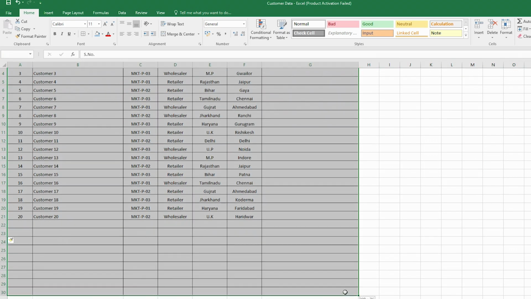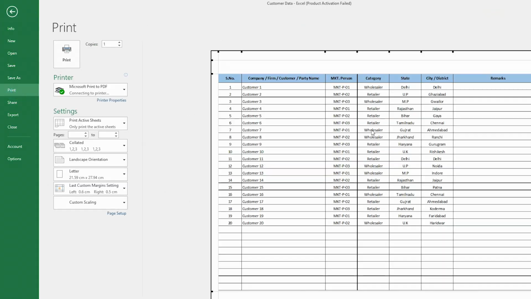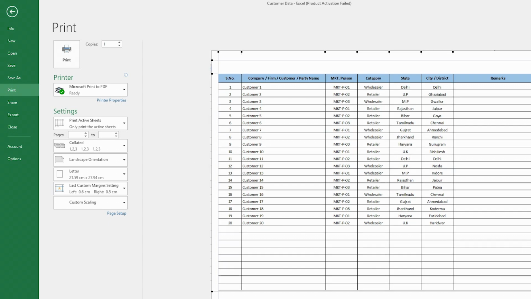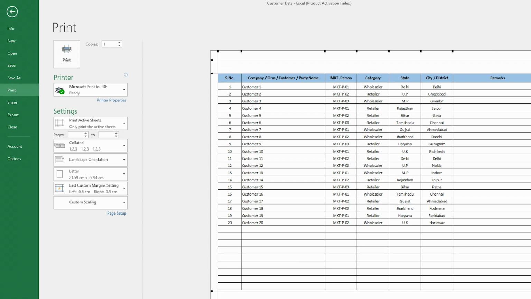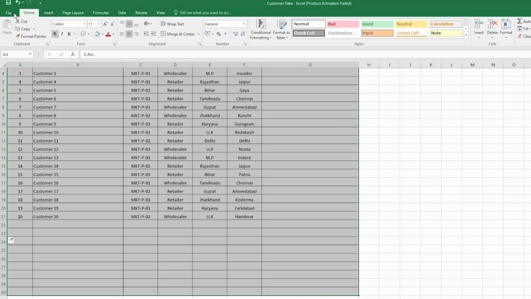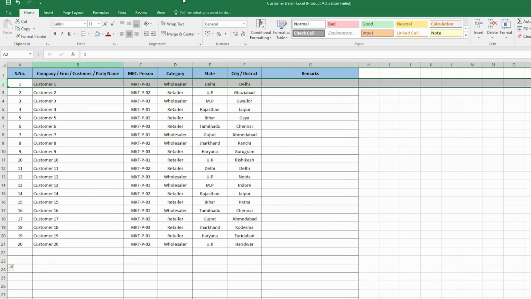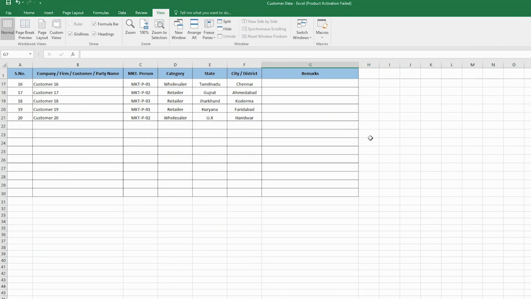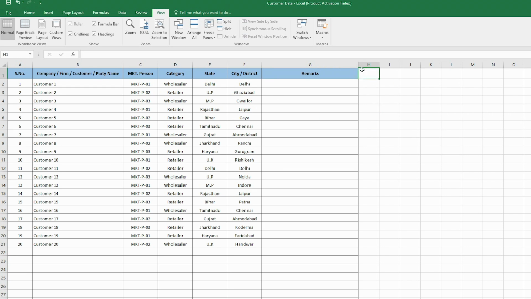And now I am printing again, and you can see all rows have adjusted on the page. Then I just have to save it. You can also freeze panes from the view option.